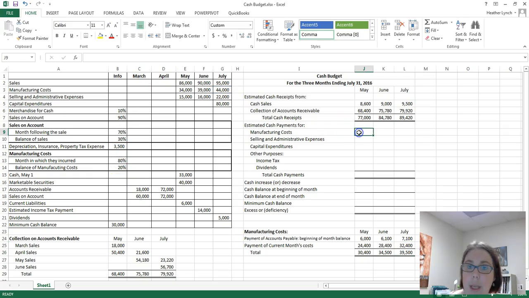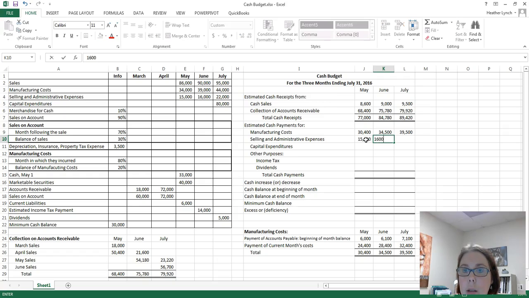That gives us up here our manufacturing cost of $30,400, $34,500, and $39,500. Okay, they're giving us over here our selling administrative expenses on these three. So those can just be brought over, $15,000, $16,000,